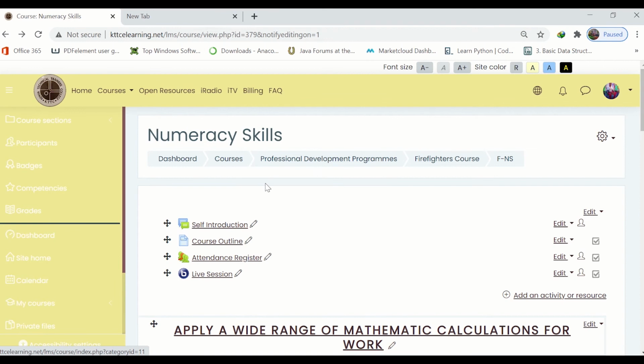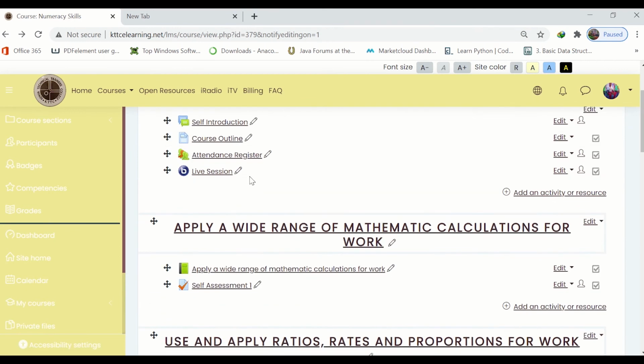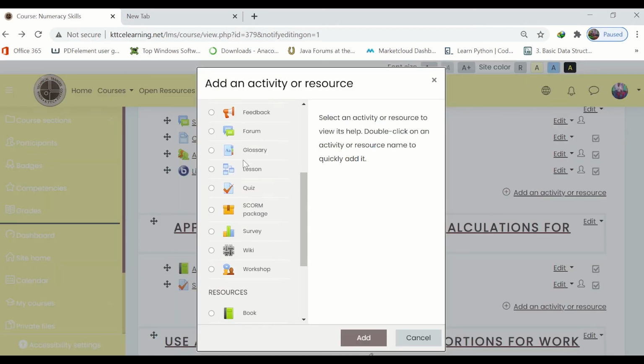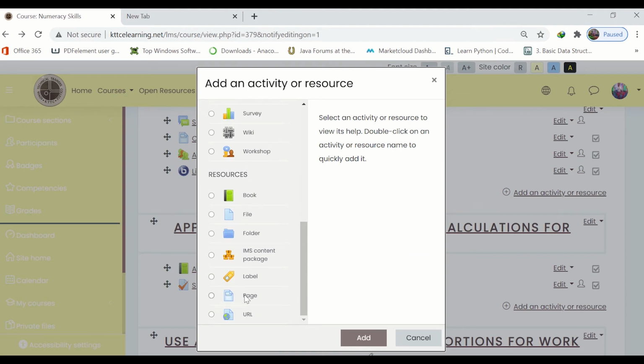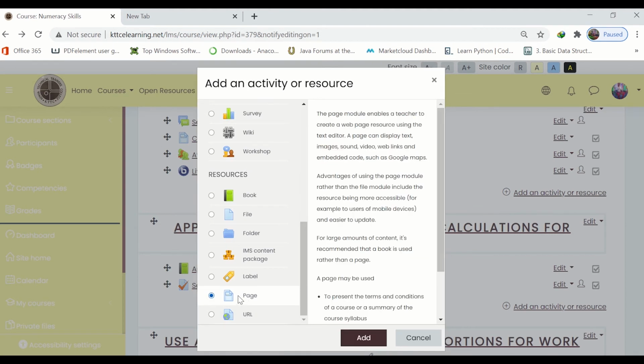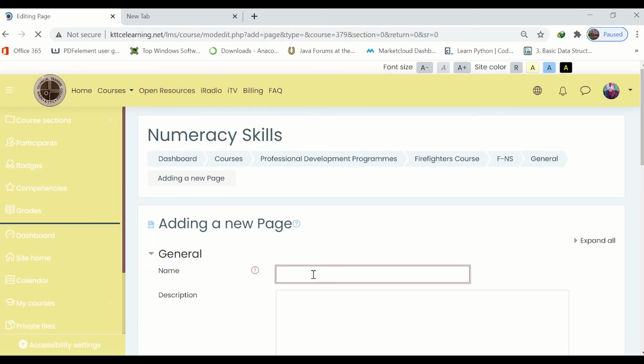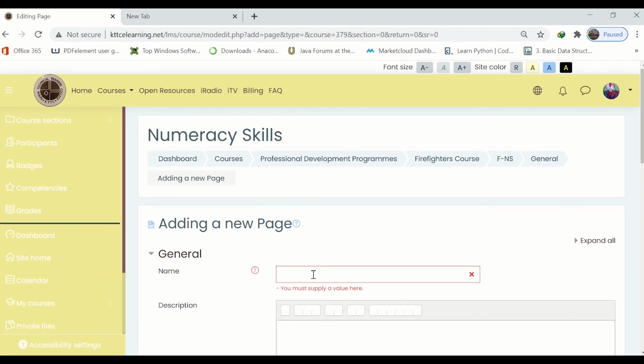So I'm here in one of my courses and I'm going now to schedule a Microsoft Teams meeting right here. I'm going to click add an activity, and then I'm going to schedule this meeting on a page resource here. Then I click add. And then once it is added, I'll give my page a name. Let me call it a live session or MS